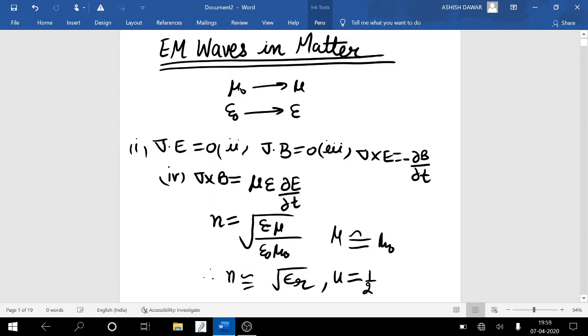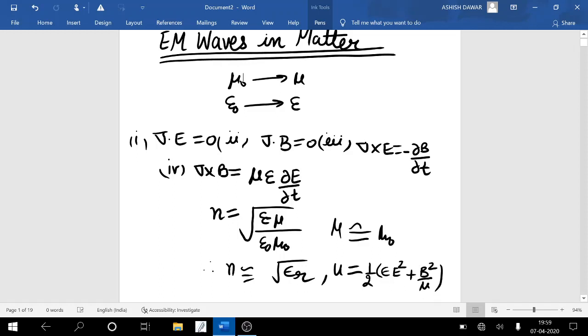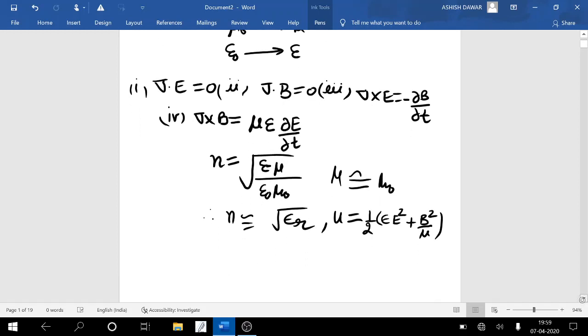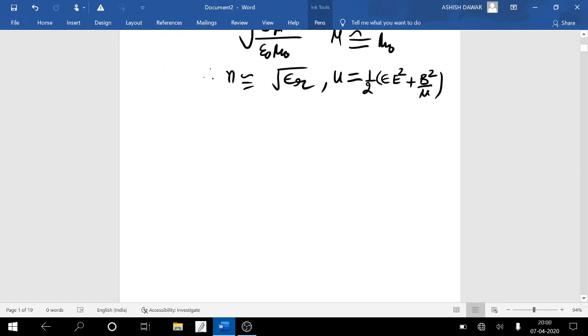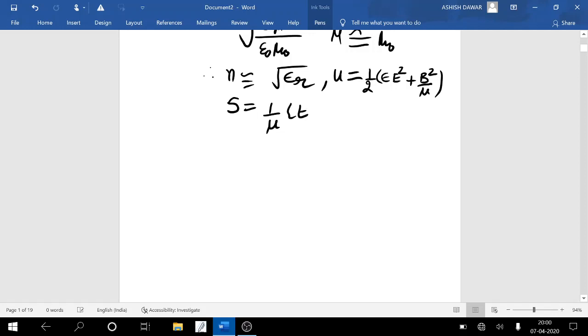U is equal to 1 by 2 epsilon E square plus B square upon mu, and Poynting vector S is equal to 1 upon mu E cross B. And for monochromatic plane waves, frequency and wave number are related by omega equals K into V,